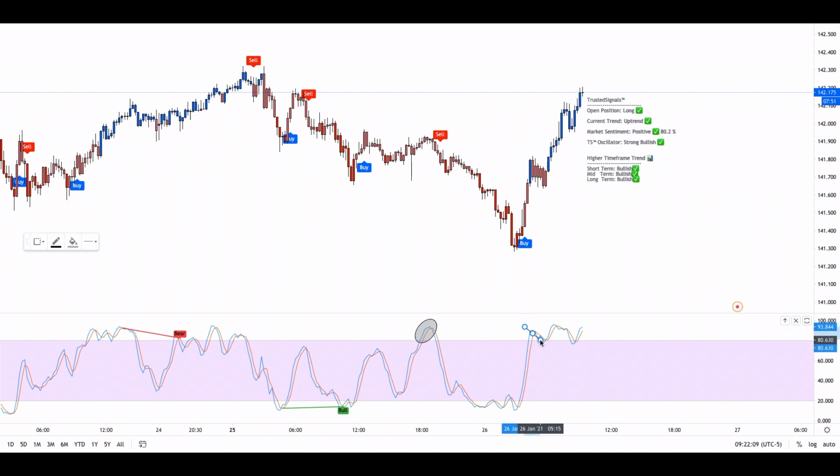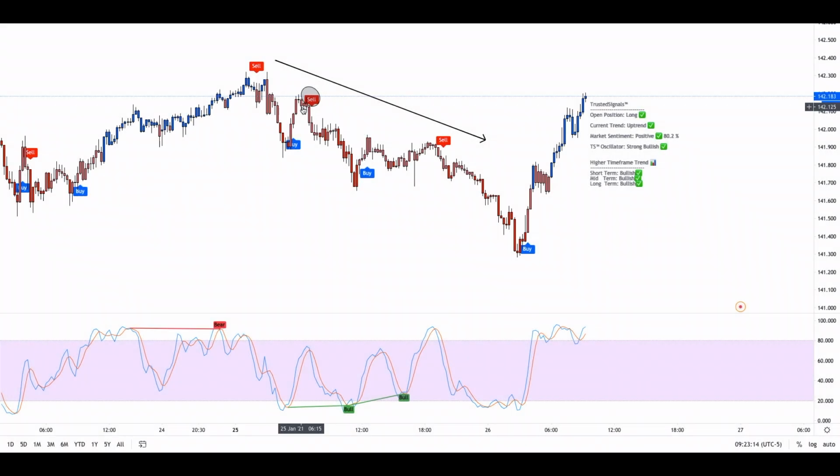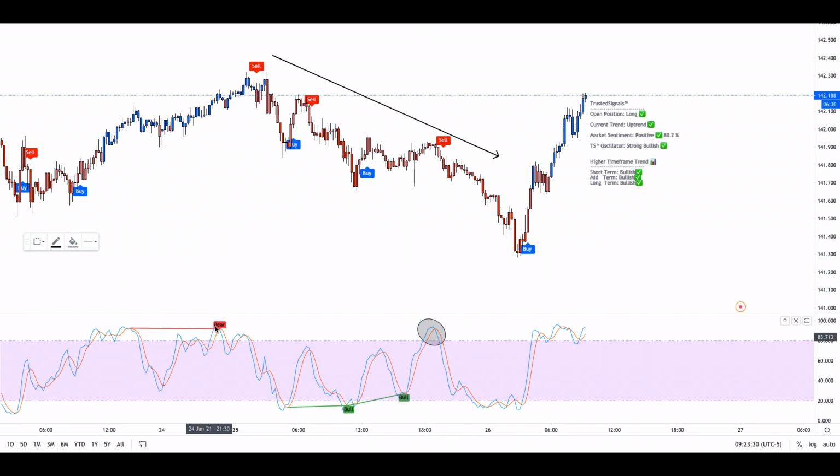Let's look at an example on our charts. In this example, we can see that price is in a downtrend. This means that we want to look for a sell signal. To identify a sell signal, we want to wait for the lines on the Stochastic RSI to come to, or above, the 80 line. After that happens, our entry will be whenever the red line crosses above the blue line